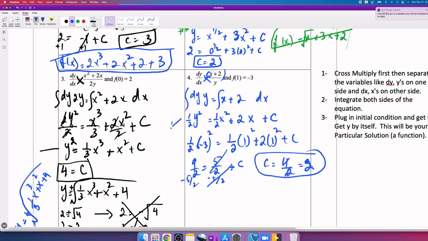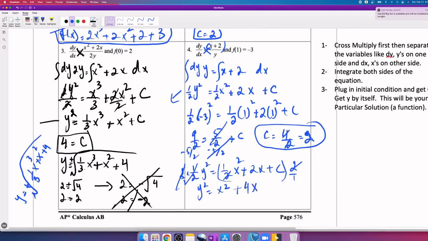Now my function, the one I have here, is that one. So I'm going to go and get the y by itself. So I'm just writing it here. Half y squared equals half x squared plus 2x plus c. Get the y by itself. It means I have to multiply by the reciprocal, 2 over 1, or just a 2. Multiply everything by 2. They cancel out. I'm left with y squared. When we multiply, they cancel out. So I got x squared, 2 and 2 is 4x plus